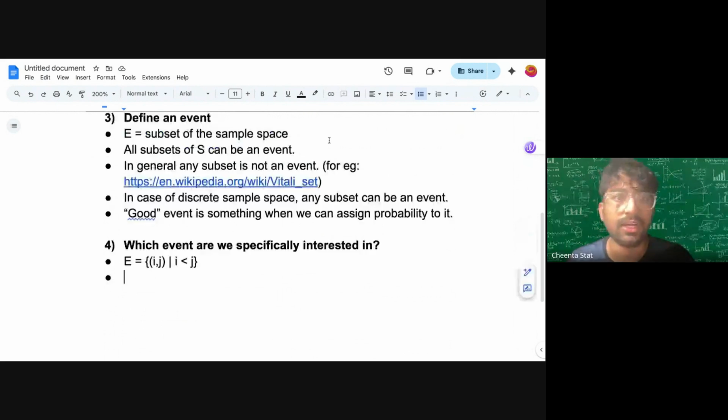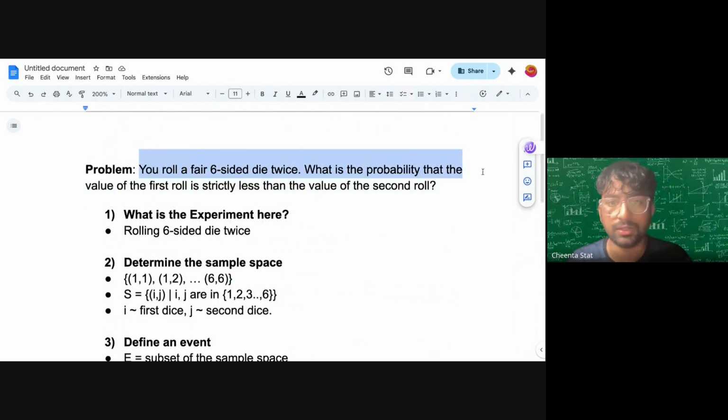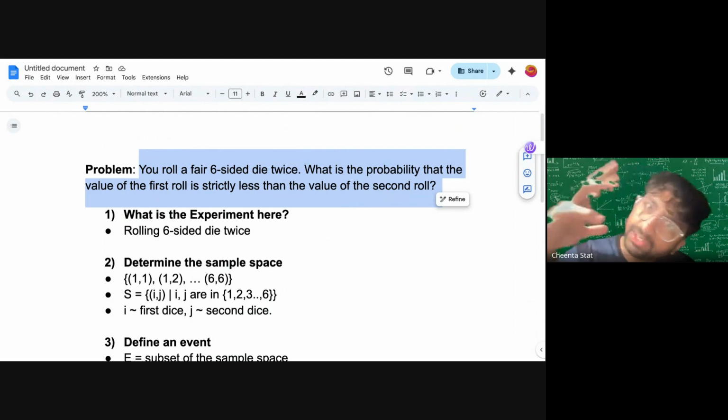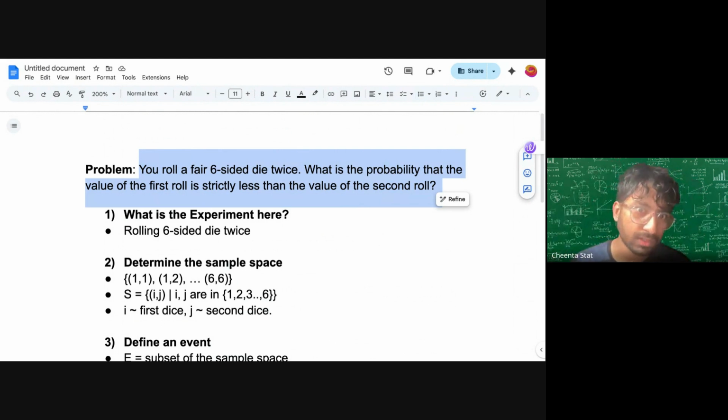Ayushman, we are discussing this problem that we are rolling a fair six-sided die twice. So the probability that the value of the first roll is strictly less than the value of the second roll. The answer is very easy. It's 15 by 36. But the question is, I want to imprint the framework of thinking probabilistically in your mind